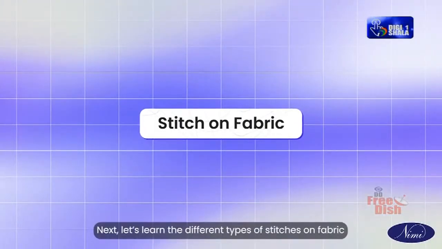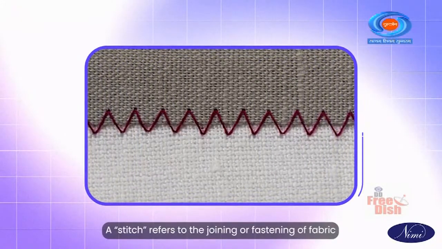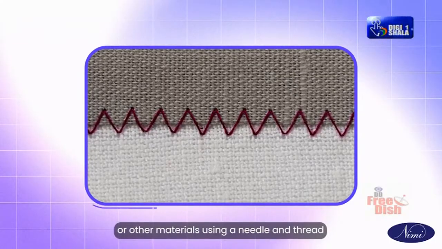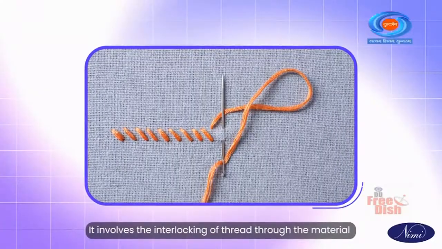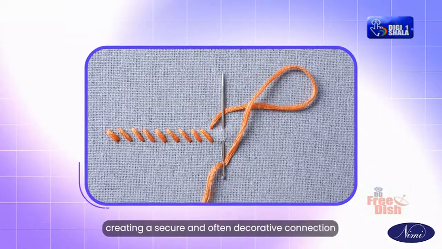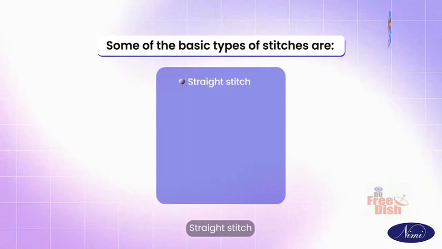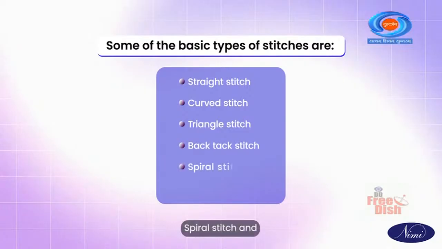Next, let's learn the different types of stitches on fabric. A stitch refers to the joining or fastening of fabric or other material using a needle and thread. It involves the interlocking of thread through the material in a specific pattern, creating a secure and often decorative connection. So, some of the basic types of stitches are straight stitch, curved stitch, triangle stitch, back tack stitch, spiral stitch,